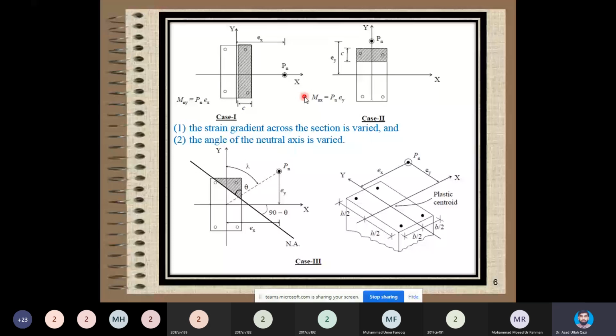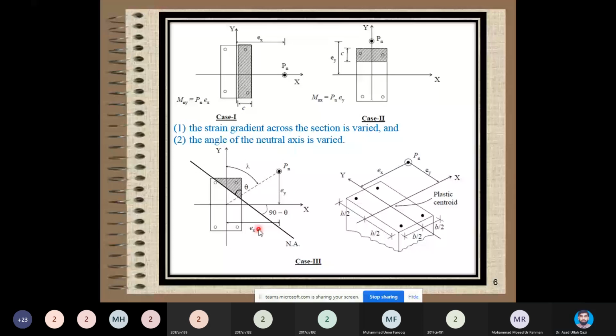C in case 2. So in all our topics, what we discussed in PRC1 and up till now in PRC2, we discussed depth of neutral axis in beams, even in slabs, in cross sections, in footings. We are not concerned that the neutral axis may become inclined and not parallel to one of the edges. This problem will emerge when I discuss case 3, which is the column subjected simultaneously to eccentricities along the x and y axes.